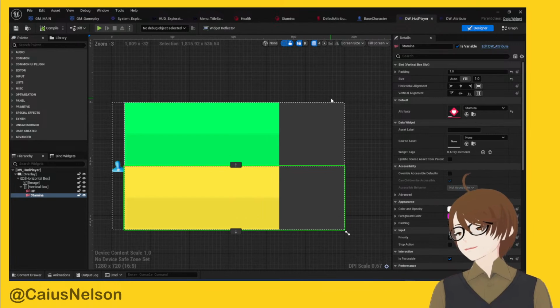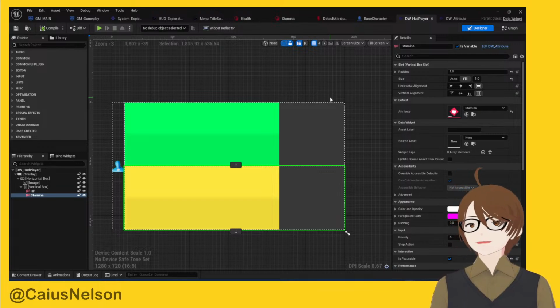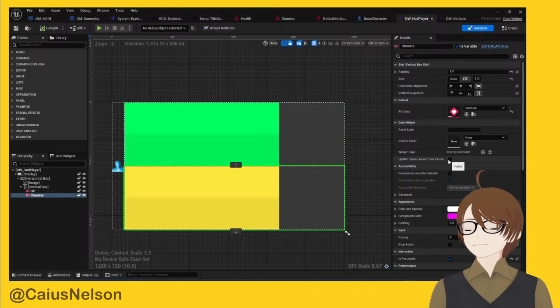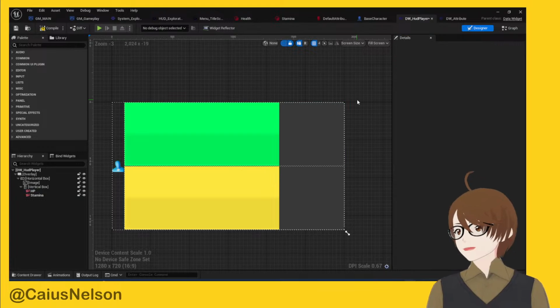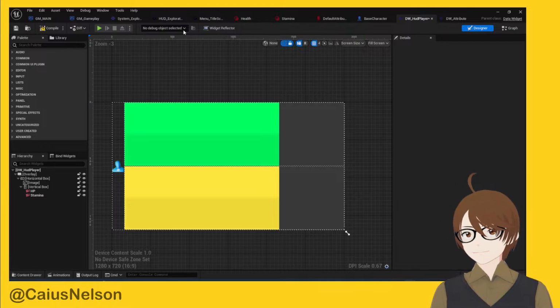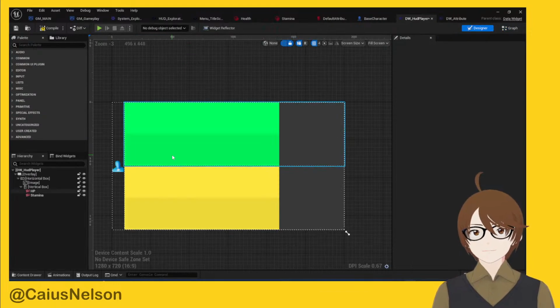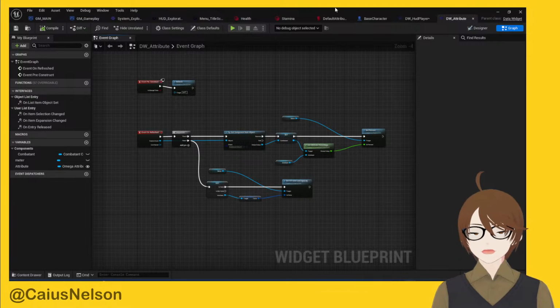Well, there's a way we can essentially redirect the source asset from one data widget onto its children. And the way you do that is whenever you add a data widget to an existing widget, you go over and click this, update source asset from parent. This will look up to find the first parent widget that is a data widget, and will take the source asset from it. So in this case, when I set the source asset here, it will send that source asset down onto here, and we'll get it here. So now